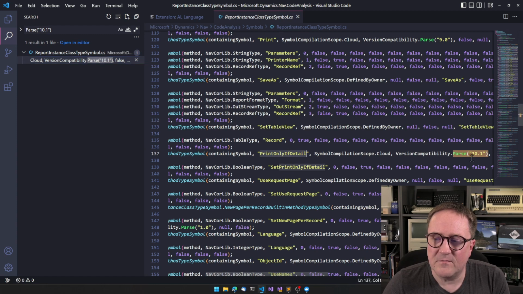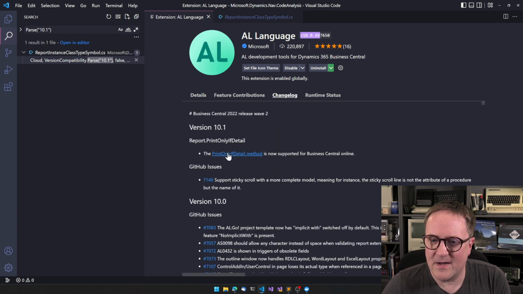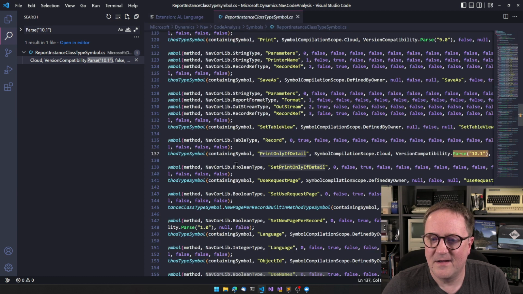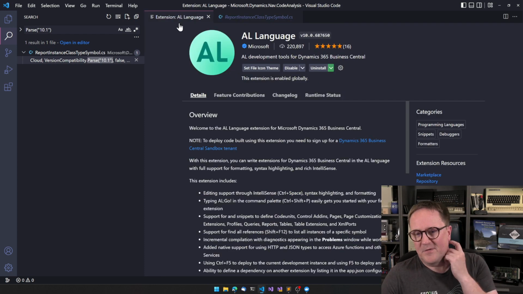So this is tagged with 10.1 in the 10.0 compiler, which I guess, I don't know. So it's there, so the changelog is right. This thing is here, and simple compilation scope is cloud. So we're good. But strange. Anyway,